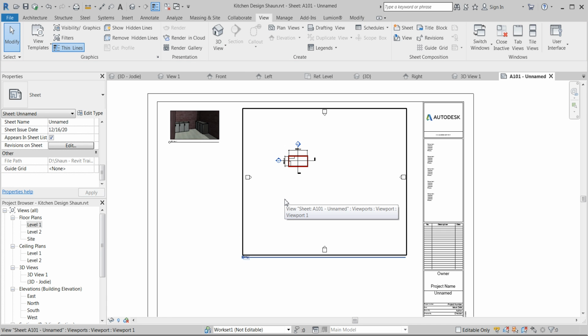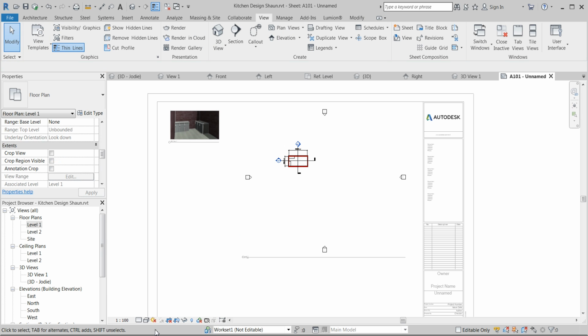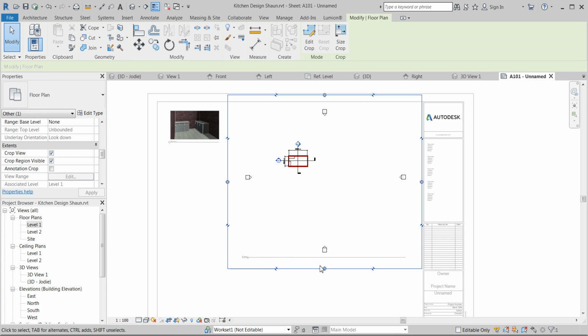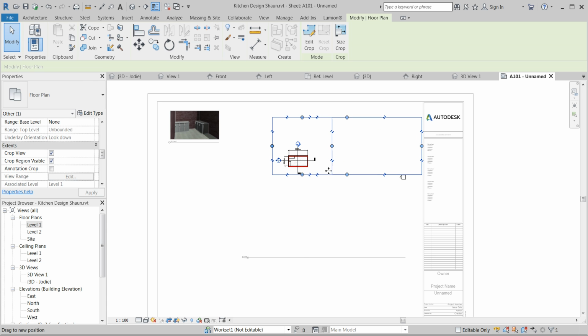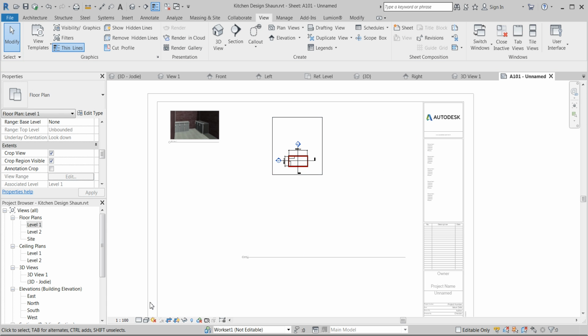You can see it's a bit too big, so what we're going to do is go to the crop region, show crop region, and I'm just going to bring it to what I really want to see. Hide your crop region if the lines will confuse you, and I'm going to change the scale of this